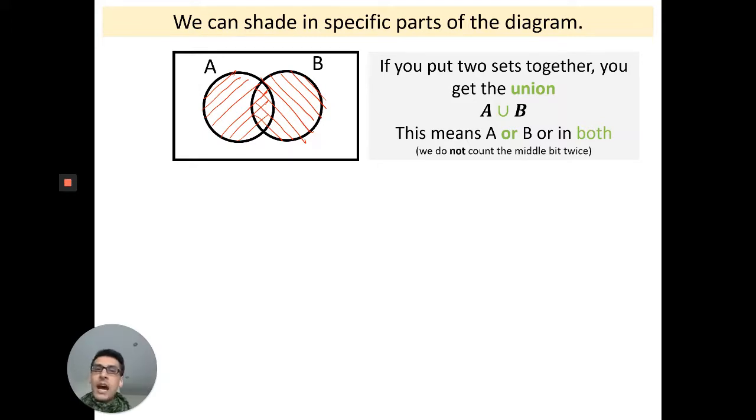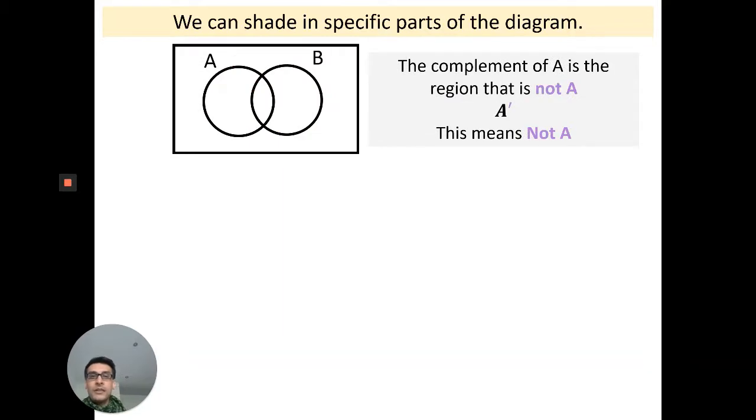And then the third and final thing to copy down for this part of the lesson, this might be a new word, is complement. Complement means not. Another way to say it is A dash, because you can see a little dash there. That's how we can write it. So the complement of A is everything outside